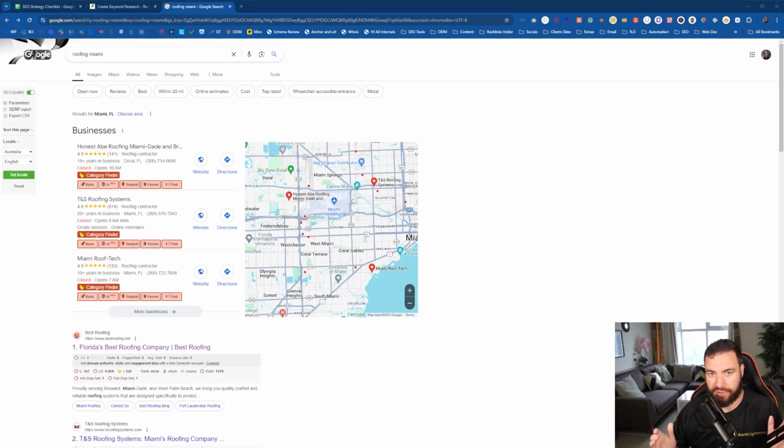How to do keyword research for a roofing company. Today I'm going to show you exactly what you need to do, where you need to start, and how you need to find the best keywords for your roofing SEO campaign. Let's jump into it. Guys, I'm Ron, co-founder of Rank Lightning, and today I'm going to show you exactly what